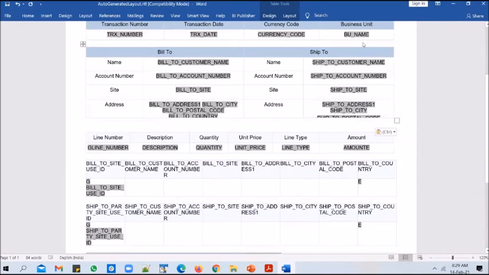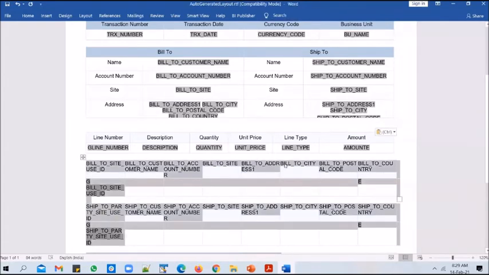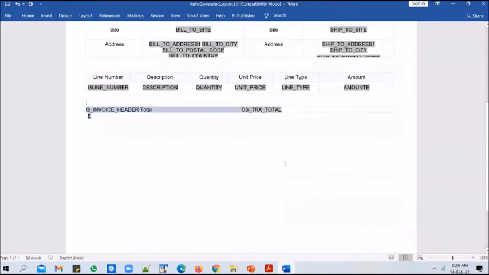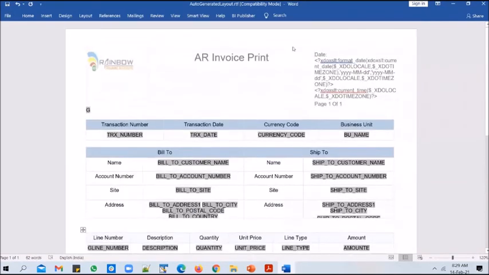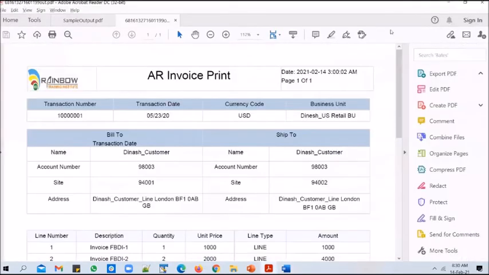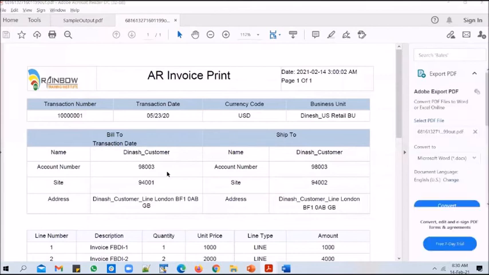Okay, and if you want to view the output to see how it looks like, let's take off these tables. We don't need them. Let's take them off, and we can view the output now. Click on BI Publisher, click on PDF again, and that will give you the report output. So it is giving you the report output details.